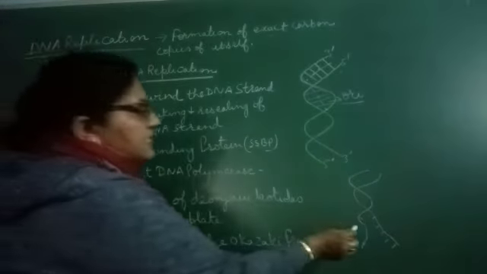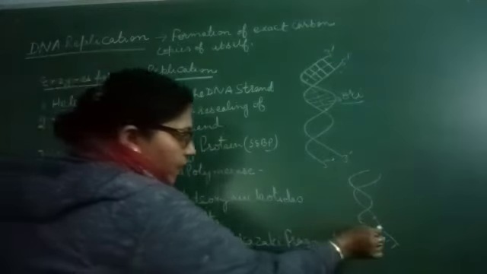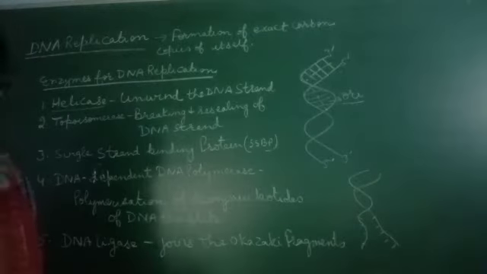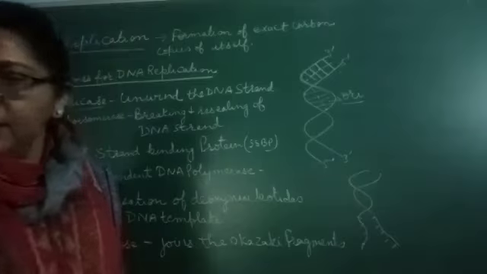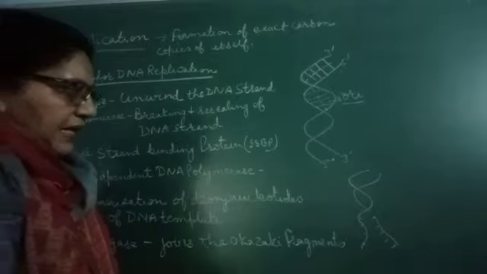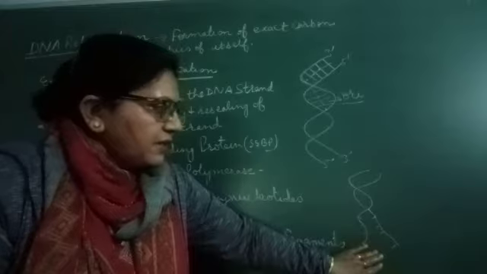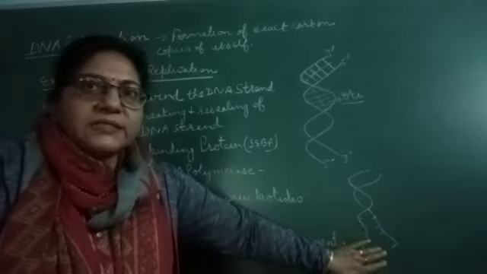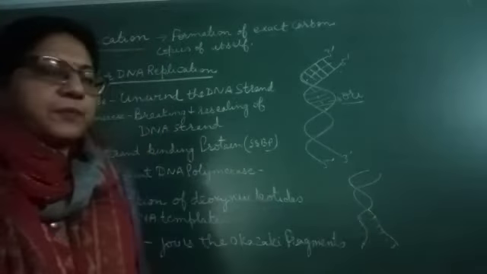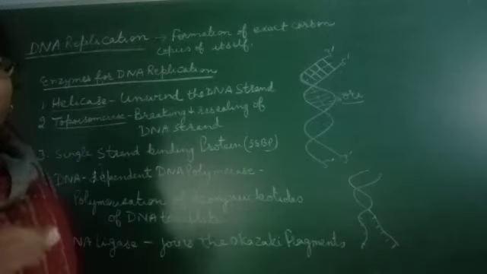But when they are separated, when they are unwound, they still want to complement each other, they want to rewind with each other. To prevent that rewinding, we cut one strand of the DNA and then reseal it. First we cut so that the tension between the two unwound strands is released, and after that we reseal it. And this takes place with the help of another enzyme that is known as topoisomerase.